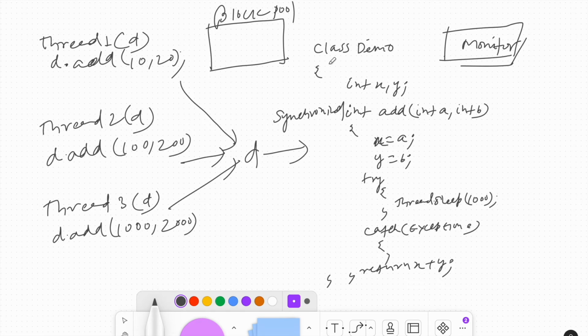It means if thread 1 tries to execute the add method, thread 1 must have the lock of the demo object with it, and only then will it be able to execute the add method of the demo class. Otherwise, if it doesn't have the monitor of that object, it won't be able to execute this method. Very simple.